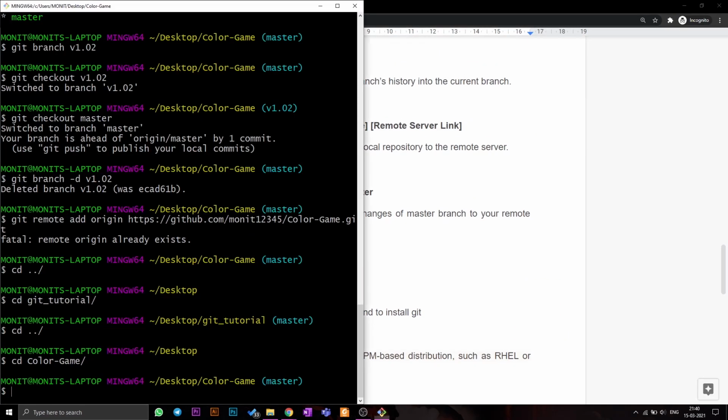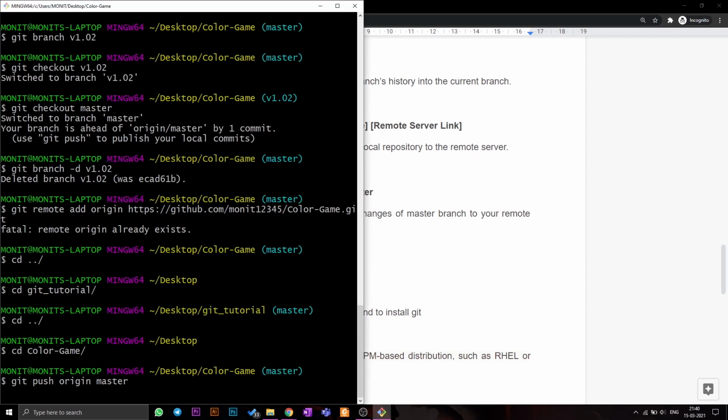Okay, so I'm going to push it. So do git push origin master. That should push all my changes to the master branch.